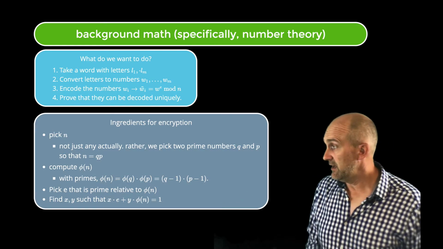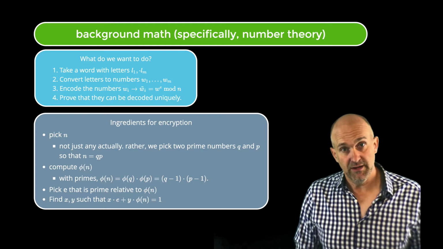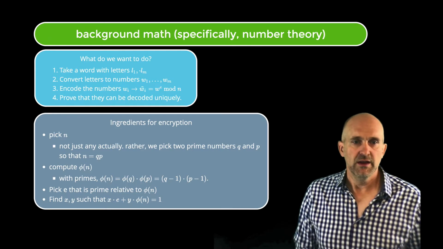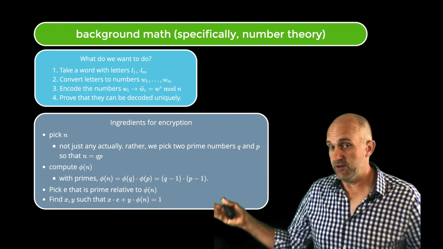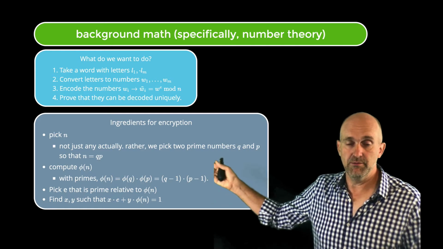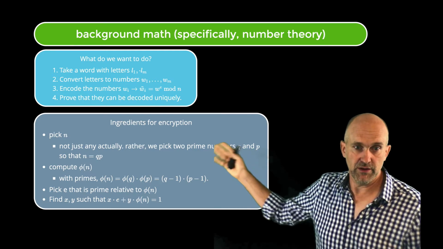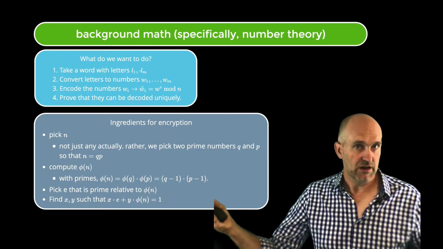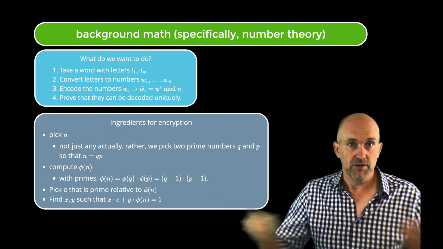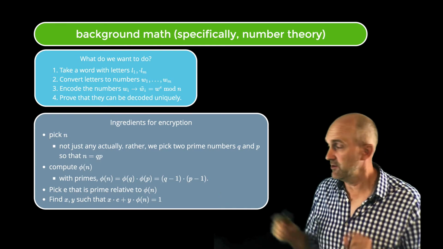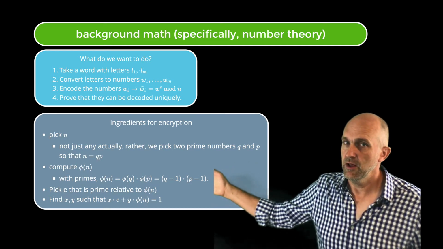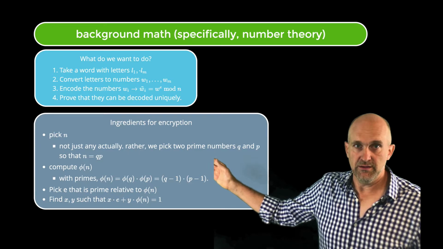So from that number, we compute what our phi of n is. Now, this phi of n is quite simply put, easy to find, because it is just the 2 prime numbers, minus 1 for each of them, multiplied with one another. Okay, so this of course is a very large number by itself, but it is one that we can easily compute. However, and I'll come to that later, the prime factorization of any number is a problem which is